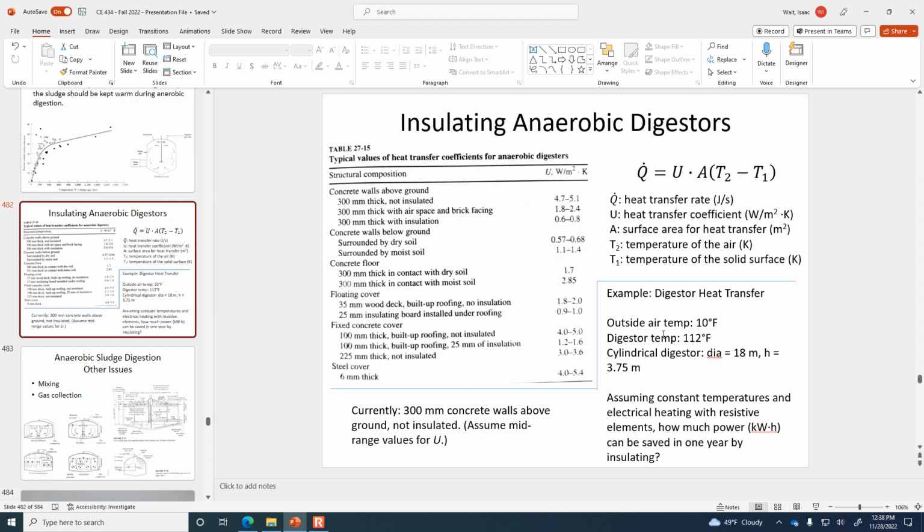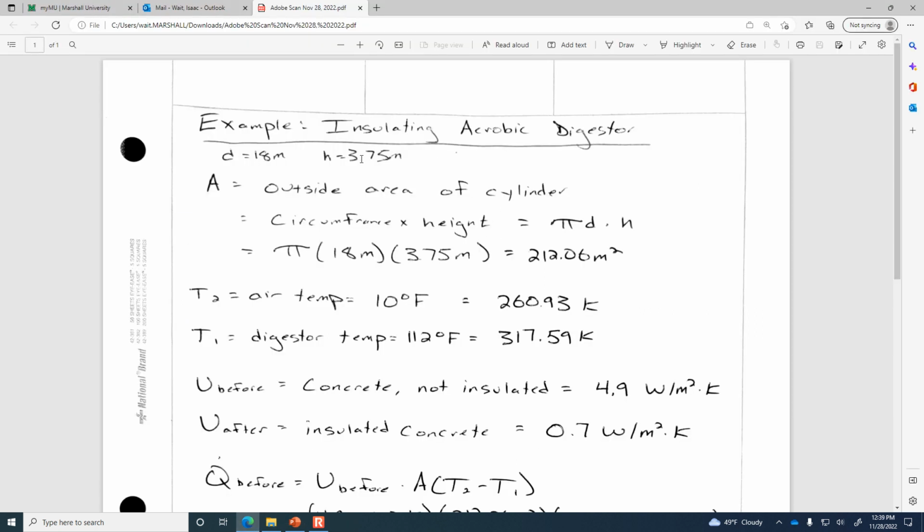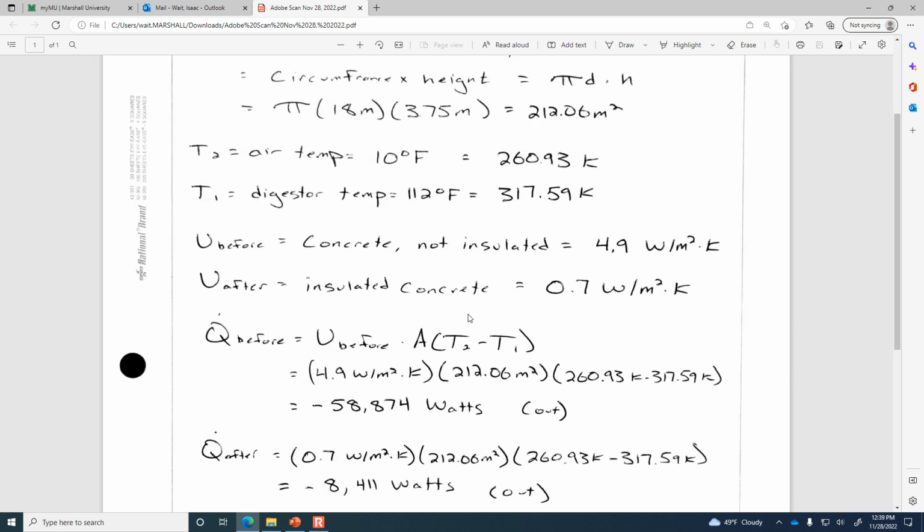Okay, so let's look at this. We got to calculate the area that the heat is transferring through. I think that's 212 square meters. And so before it was insulated and was just plain concrete, and the heat was really flowing through there a lot. And then after insulation, the heat is flowing through much more slowly. So before, it is